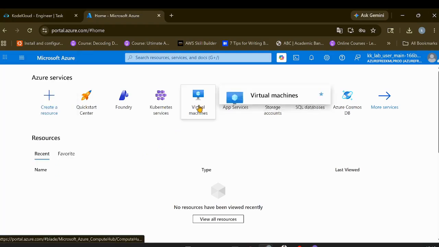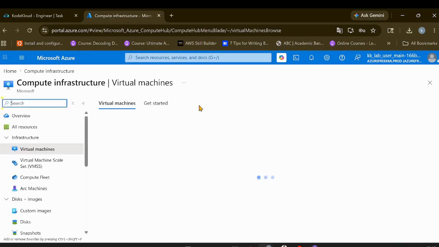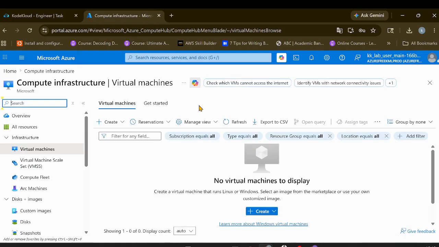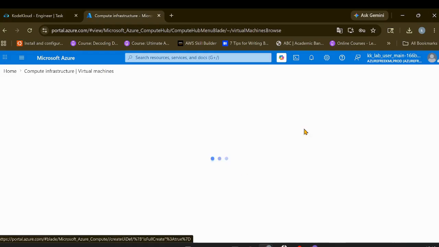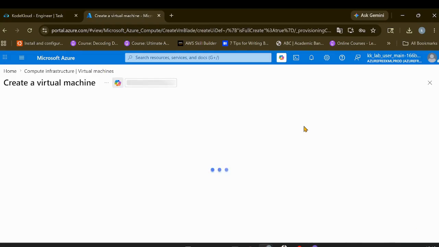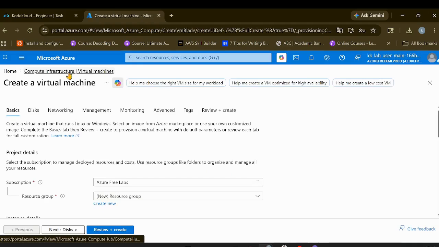Now we go to the VM. Here there are no virtual machines to display because we did not create any virtual machine. So create a virtual machine. Select the virtual machine. You can see how